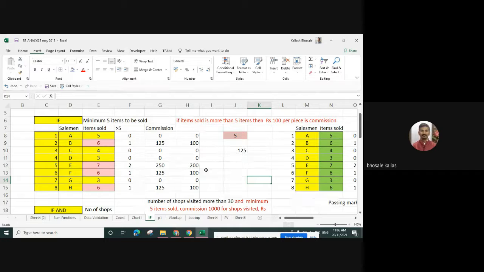So for that, we have to make the if logical test. We can use any method like if logical or VLOOKUP or lookup command we have seen in the last lecture. So lookup can also be used here. So here we are using the if function.